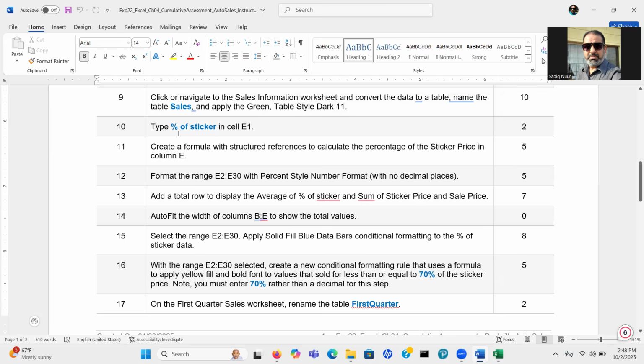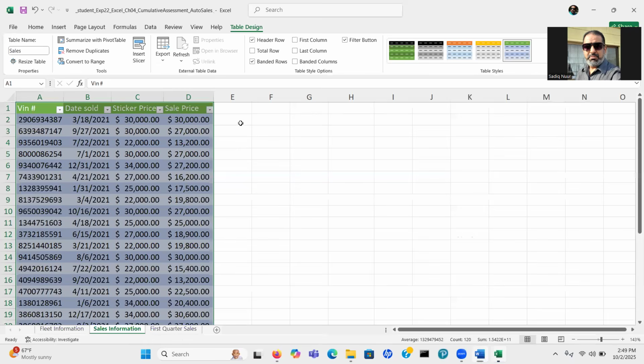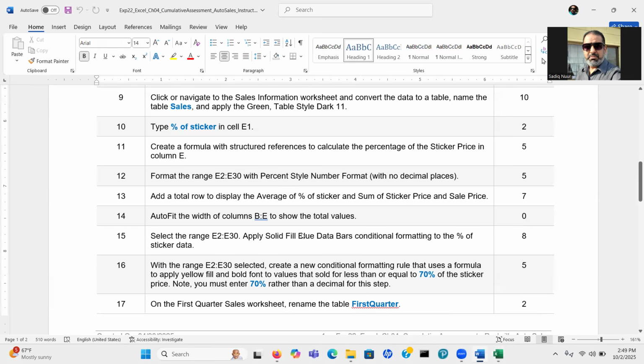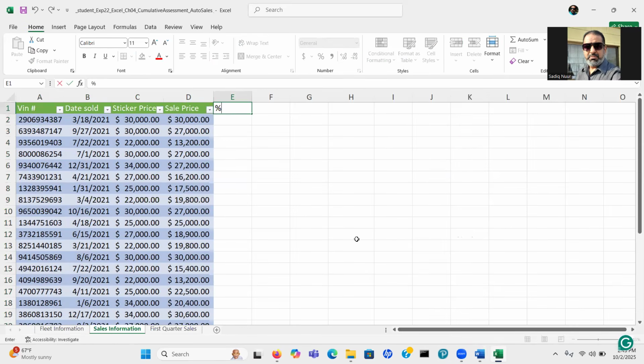Next, we need to add a new column, and we have to type Percentage of the Sticker in E1. In E1, we add a new column, so Percentage of the Sticker.